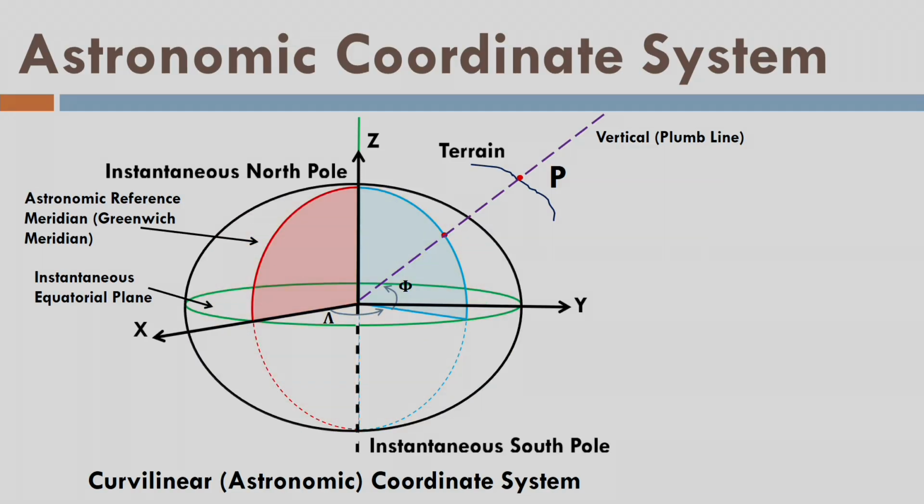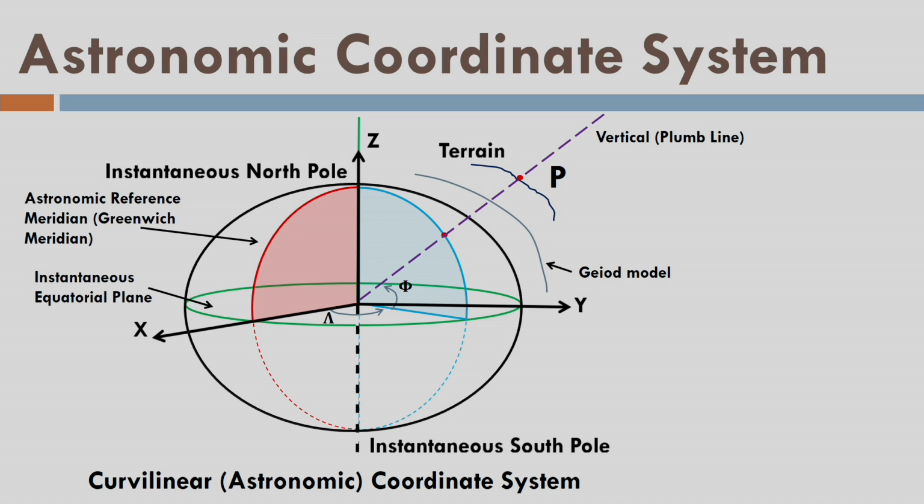Same way, I have an instantaneous equatorial plane. Why? Because I am considering the instantaneous axis of the earth, and perpendicular to that axis I have the instantaneous equatorial plane. Well, so this is called the astronomic coordinate system, but still it is a two-dimensional system. I need to fix the point P, and for that what I do is take a geoid model. Remember, the geoid model could be a local geoid or a global geoid. Let us assume it to be global, but remember, it is decided by the mean sea level variation.